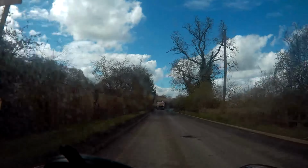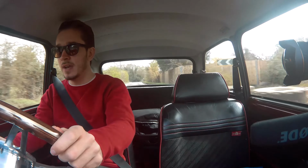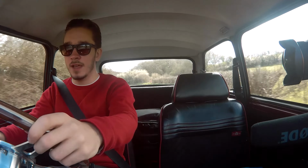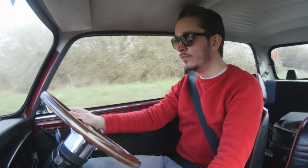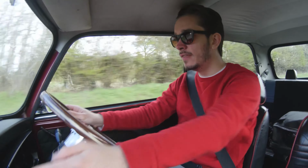really grippy on the roads. Small tyres, but I don't think that makes too much of an issue. I've just got standard tyres on this, but I know people who buy wider wheels and then buy some slicks, and in sunny weather like this, it gets really good. Pretty happy with the stock car I've got now. No modifications to the engine at all. The only modification I've made inside this car is the steering wheel here,